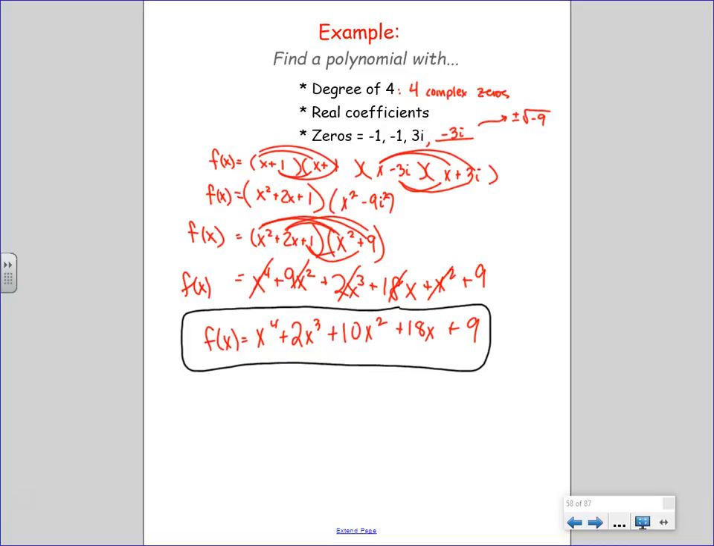But what was the key? Knowing that this one meant that one, right? Knowing they came in pairs, and knowing how to go from zeros to factors. That's about it. Otherwise, we were just distributing, multiplying, and getting our polynomial after plugging in that i squared is negative 1. All right, so if one of these comes up in homework, you'll know how to attack it? Okay. So what if